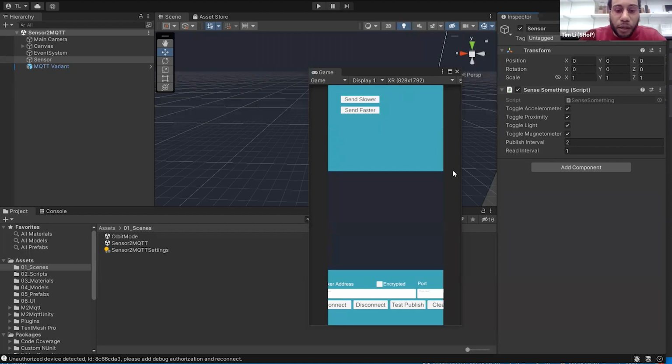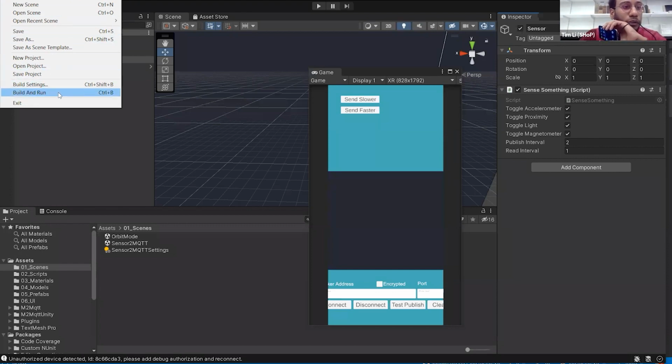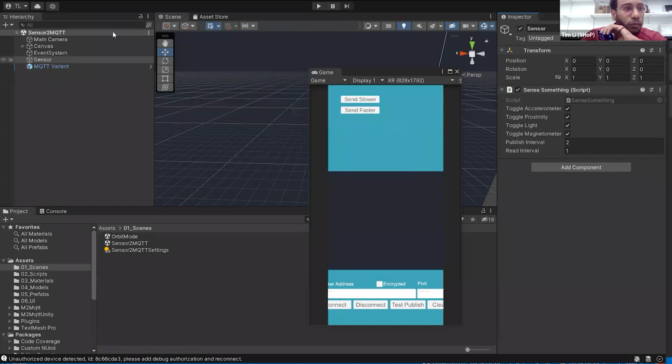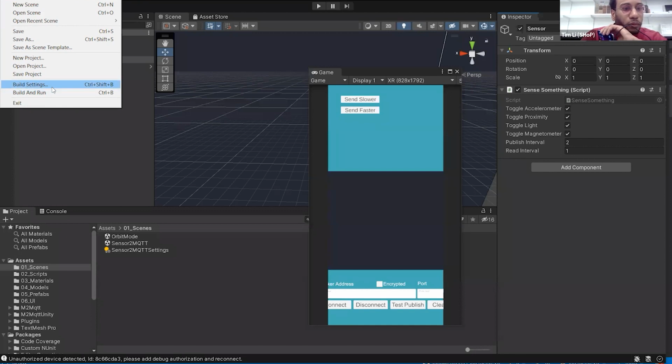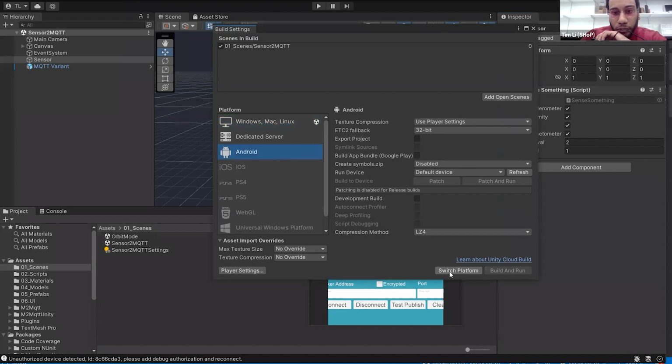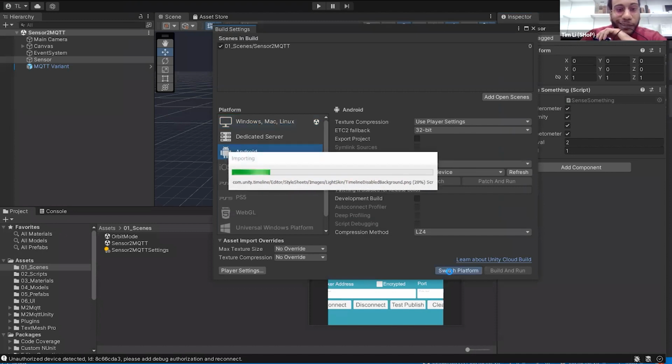Publishing app, or like this sensor to MQTT app, I've already built it out on the phone, but I can try to see if we're able to do that. Oh, you're not on Android. Hopefully it doesn't take too long, but yeah, we do want to be on the